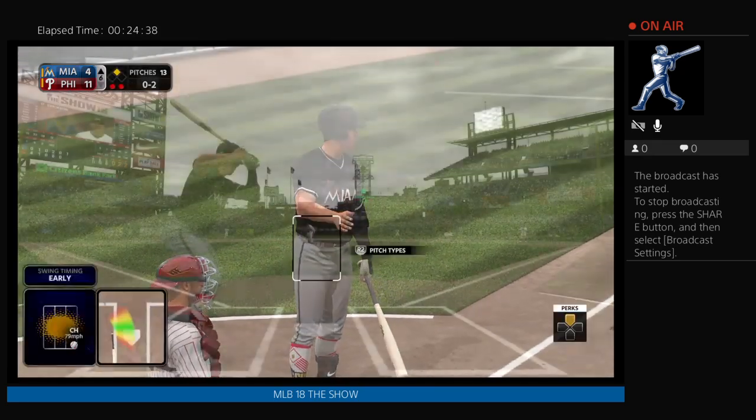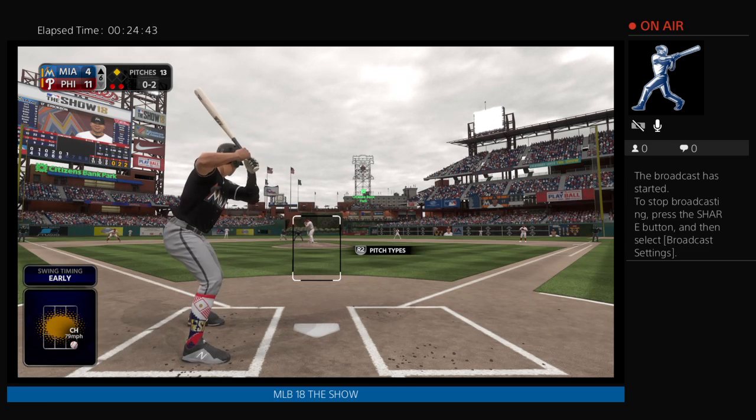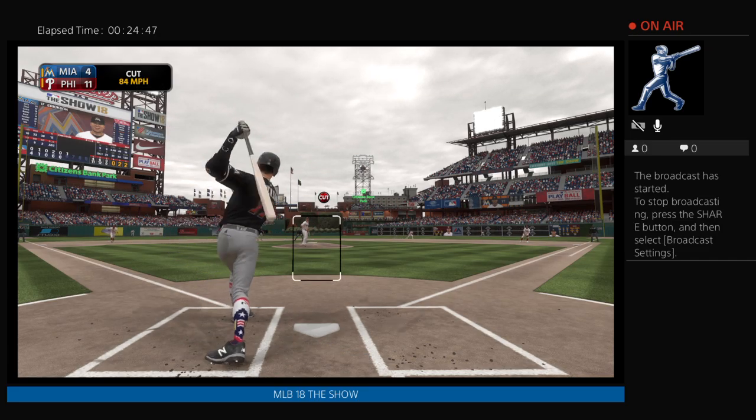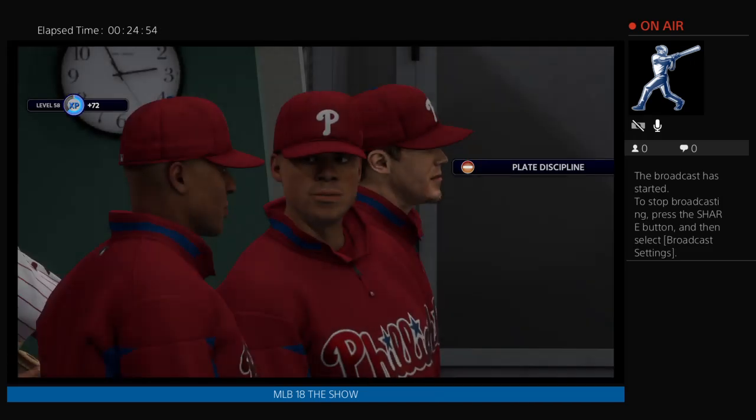Hey, I know it's the pitcher at the plate, but he's going to grind it out right here. He's got a chance to help himself, and nothing's a bigger backbreaker to a team than watching the pitcher drive in a run. A swing and a miss as he chased with 2 strikes, and that Severino Gonzalez gets the...